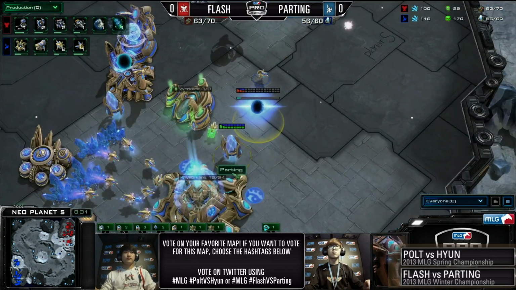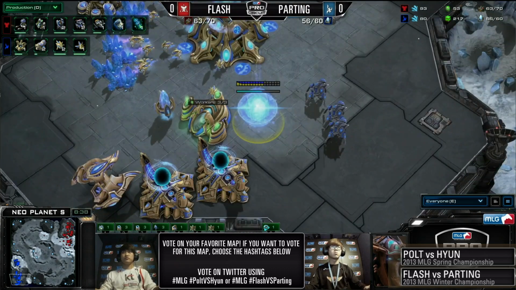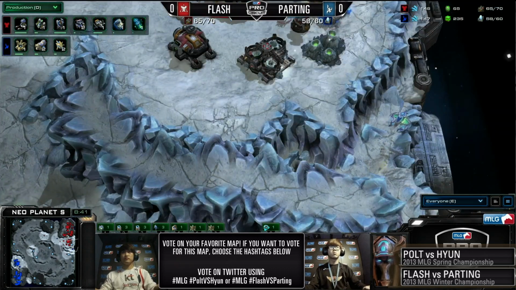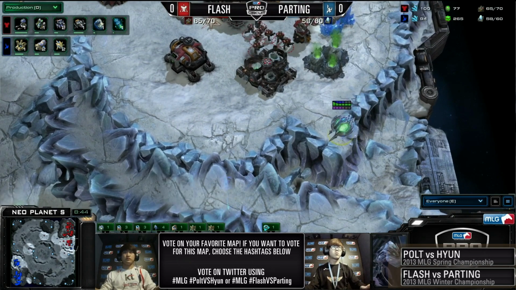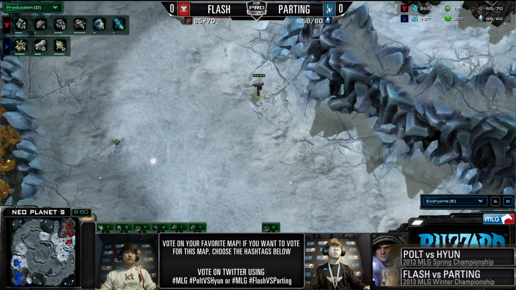Of course, for Parting, this wasn't like a one-base proxy Stargate Oracle. This was off of an expansion, and look at this. He's progressing straight to Colossi behind us. So a very tech-oriented Parting, using the Oracle to keep his opponent at home while he goes for that very fast Colossi attack. We have Flash getting a very early medevac, sending that to the left-hand side of the map,